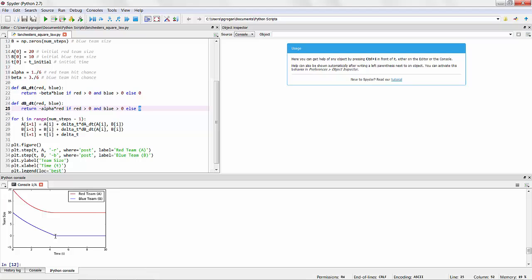So if we run the simulation, we can see that now, right at this very point in time when the blue team has 0 forces remaining, the size of the blue team no longer changes and it remains constant, and similarly for the red team. And the way to interpret the results from this plot is that essentially the red team has won. They have more than 0 forces when the blue team